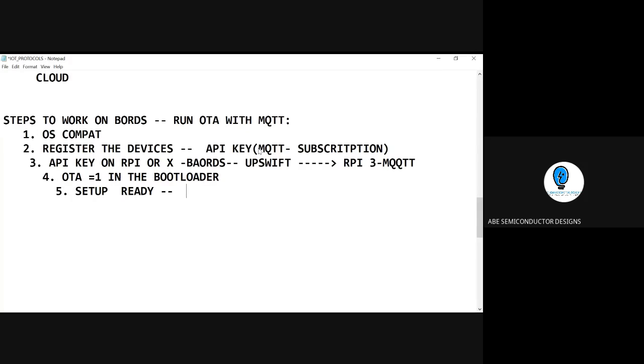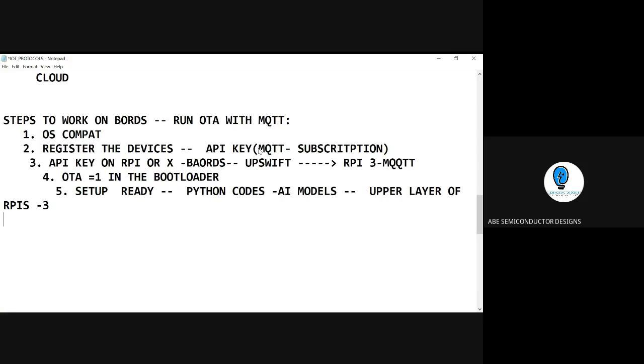So what you can do is write Python code, or any AI models, and put it on the upper layer. This is the communication setup, right? This is the logic which has been working over here, and you can understand this is the mechanism which has been utilized. These are the 5 steps when you want to work with OTA with MQTT, because that API and everything will be released based on the MQTT protocol. This is how the logic works out.